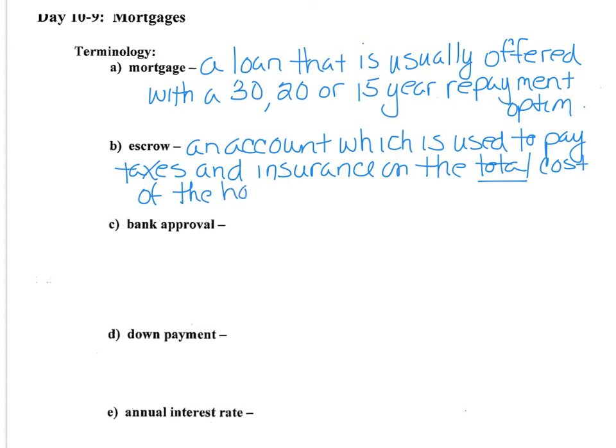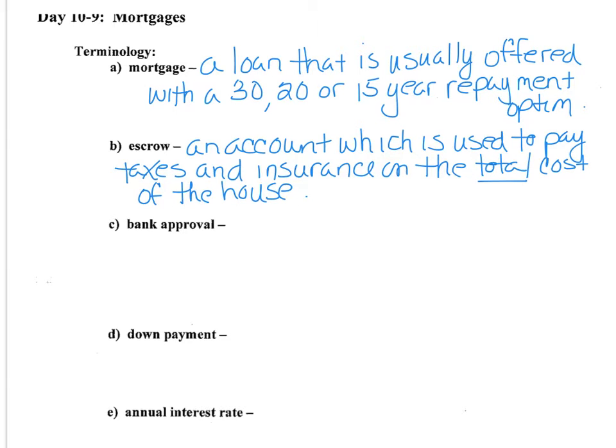Now, what do I mean by total cost of the house? Well, you have an escrow account for taxes and insurance that's based on the cost of the house. If the house was $250,000, but you only took a mortgage out for $200,000, you're still going to have an escrow account based on